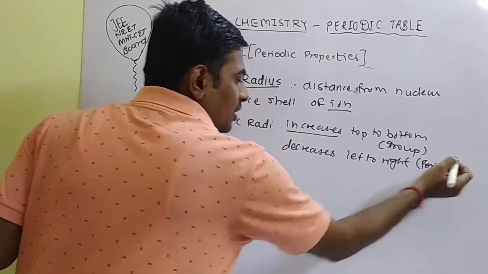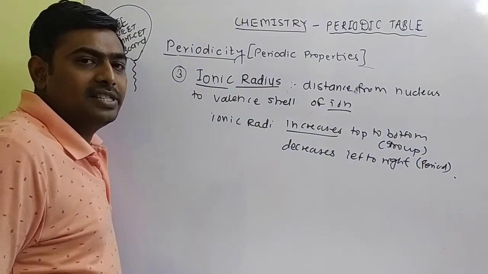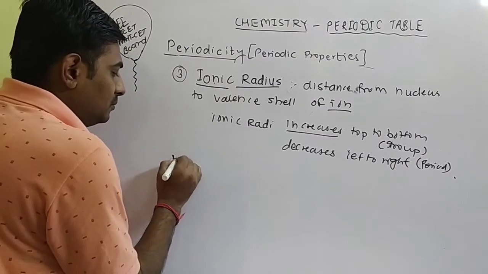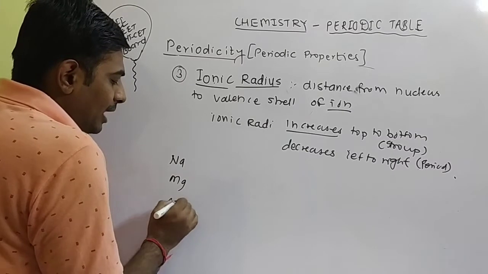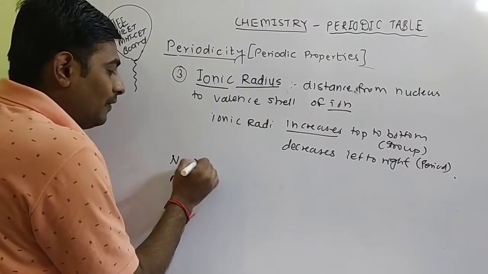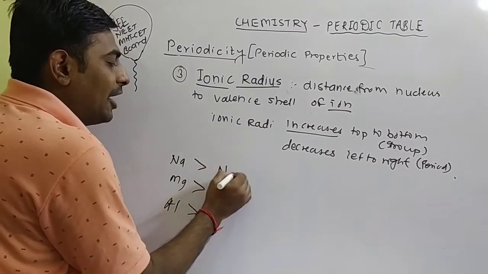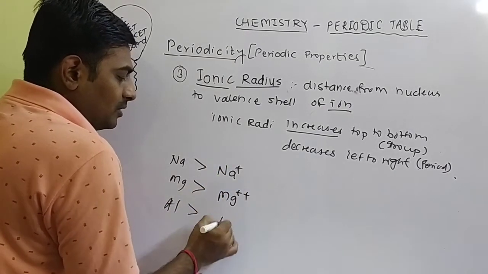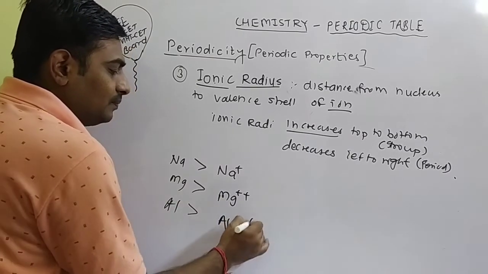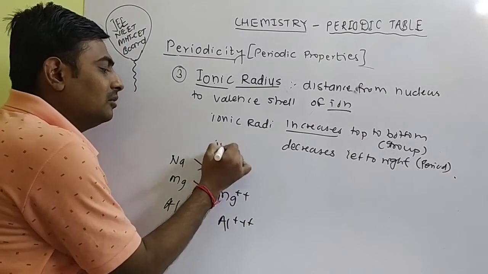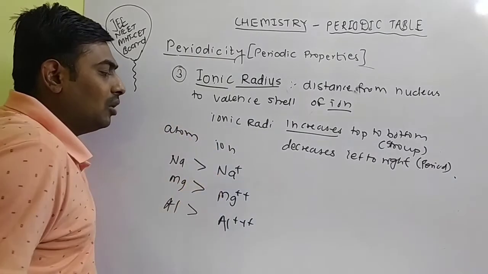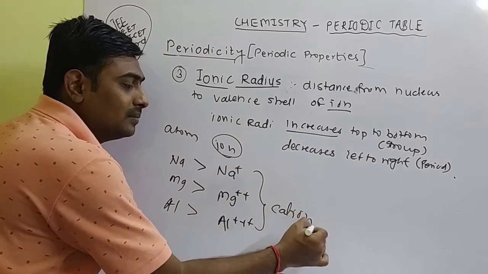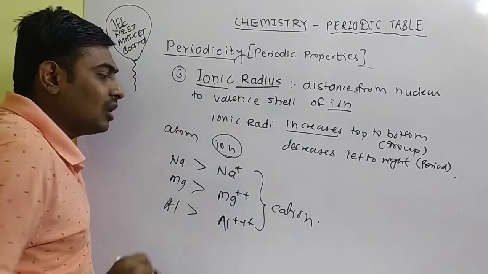One more interesting thing is that when any atom is there, if you are observing sodium, then magnesium or aluminium, the atomic radius is always greater than its ionic radius. Why is it so? Because there are three examples given here. This is your ion and this is your atom. So how are ions formed, or how are cations formed? These all spaces are cations. So how is a cation formed?